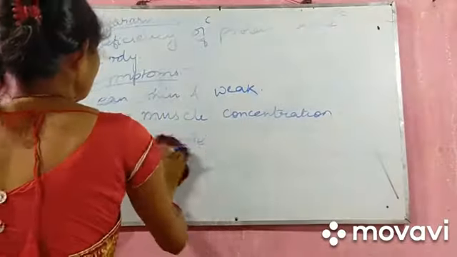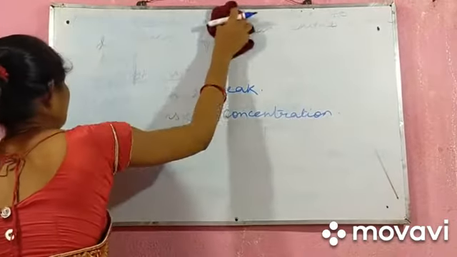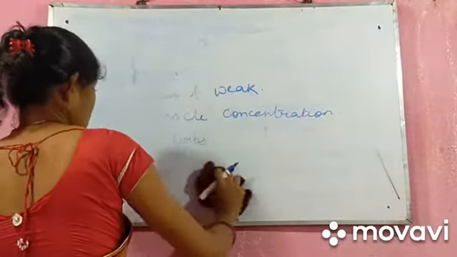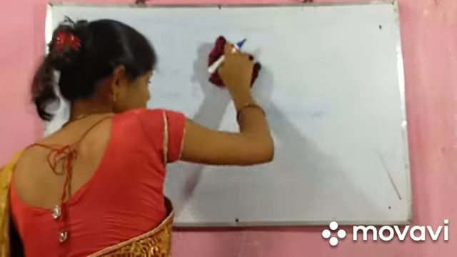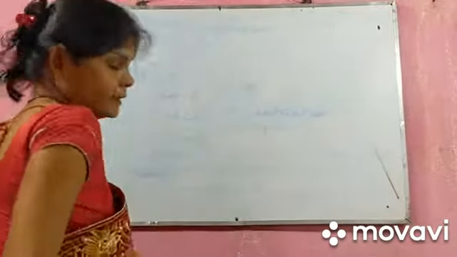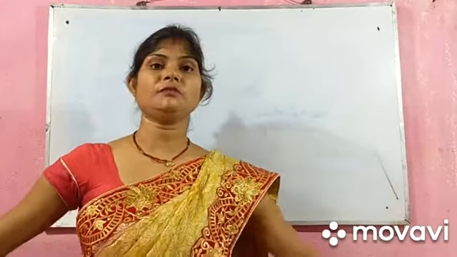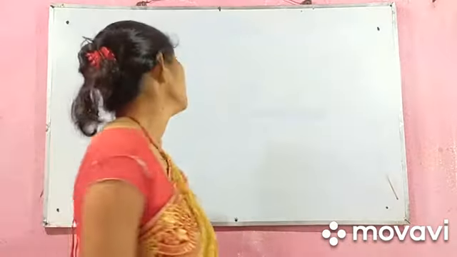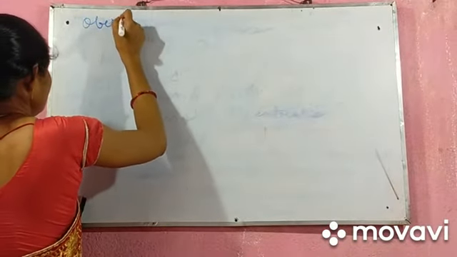Now I am going to discuss the 3rd disease, which is very common to you people. You people have seen a very fatty person. Just in a joke you say that he is an obesity patient. Here comes a new word, obesity. You are very much familiar with this word. Obesity is a disease in which the body of a person becomes fatty. How? Due to the consumption of more and more fats in their diet, eating more and more junk foods.